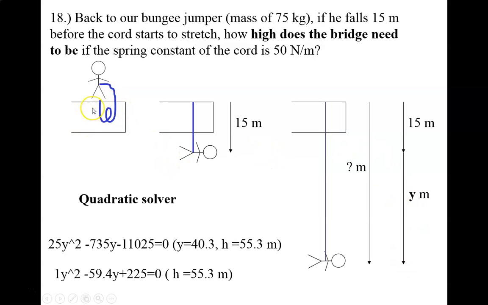So we're going to look at the type of energy we're starting out with. Are we starting out with spring energy? No, the bungee cord is not stretched. Do we have any gravitational potential energy? Yes, we do. And the total height, we're going to consider this to be our ground state, the lowest point that the bungee jumper goes.